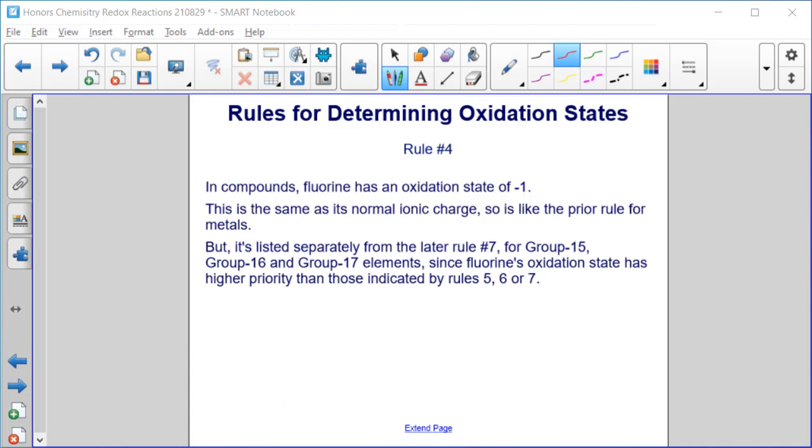Rule number 4 for determining oxidation states. In compounds, fluorine has an oxidation state of -1. This is the same as its normal ionic charge, so it's just like the prior rule for metals. So if I did sodium fluoride, we said that group 1 metals were +1 and fluorine was -1. Of course, if you add those two together, that satisfies rule number 2, which says that the overall sum of the oxidation states has to add up to the overall charge of the molecule, which in this case